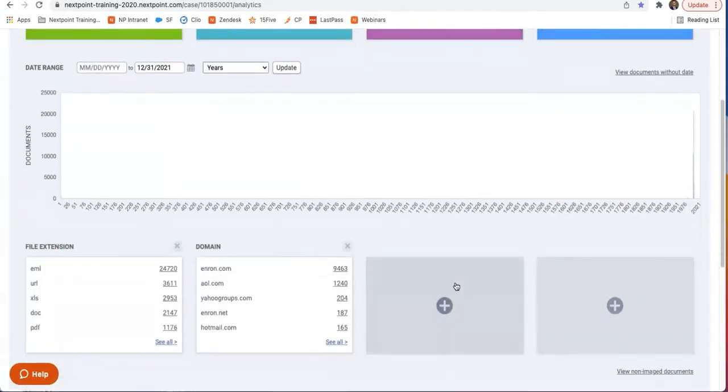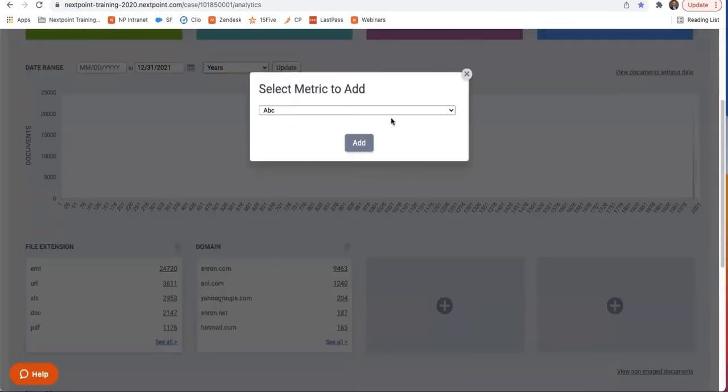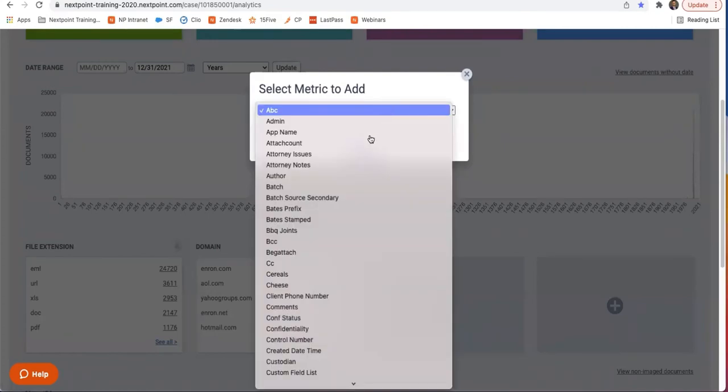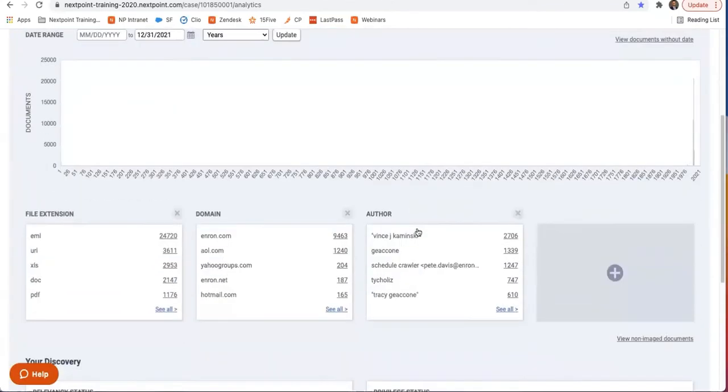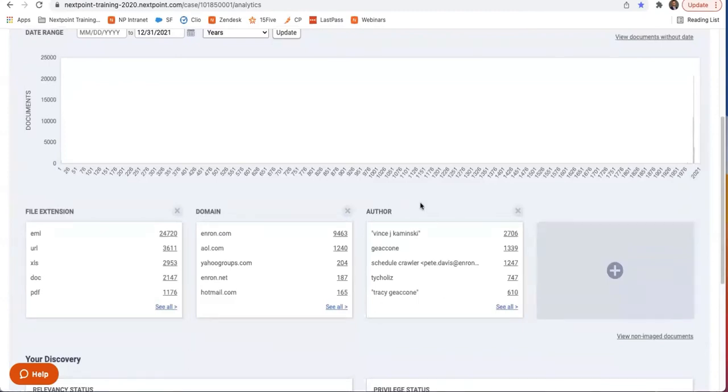Let's do one more here. Click on another plus sign. And we could do author or document author. If there's a specific person in this case that is important, that we look at their communications or things that they had created, maybe, so let's say Vince J. Kaminsky, I could click into here and do the same thing and maybe create a Vince Kaminsky folder